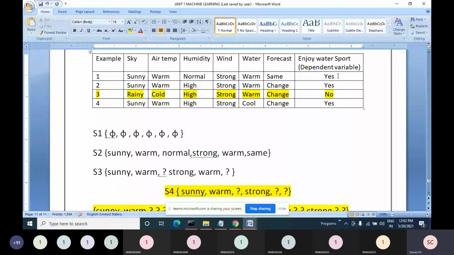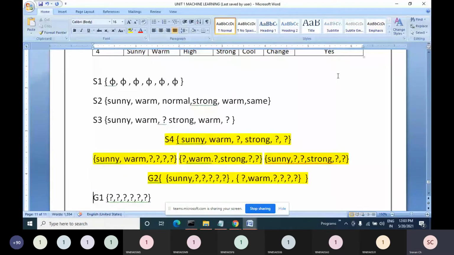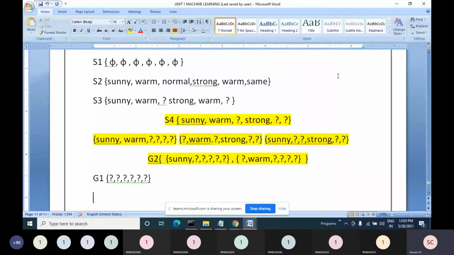So for that, we are applying the candidate elimination algorithm. Now I repeat the algorithm for you. So first, initialize your most specific hypothesis called S1. Fill all null values there. And most generic means anything is accepted. Generic means all question marks. So for 6 parameters, 6 question marks. For 6 parameters in the most specific hypothesis, I am writing 6 null values.